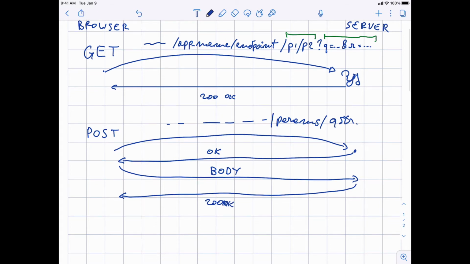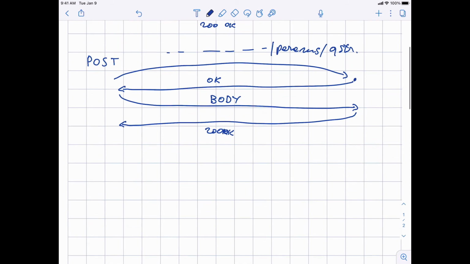So the body of the request can be large. Essentially, in a POST request, you ask first, hey, can I send information to this URL? And you get an OK, go ahead. Then you send the true body of the request and you get a final confirmation of how this went, right? So it's a two-step process.